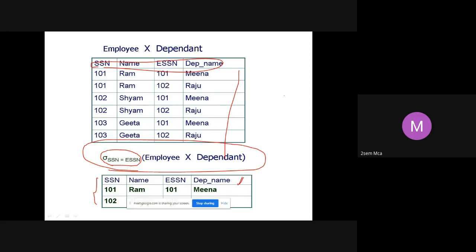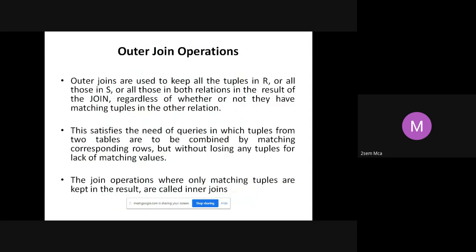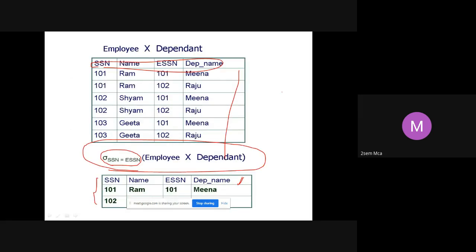We saw what Cartesian product is in the last class itself. Today we saw what a join is and the difference between Cartesian product and join. Next, let us see what we mean by outer joins. We also have something called inner joins. So far, whatever we have done is all inner joins. In our SQL queries also, all the joins that we have done are inner joins.